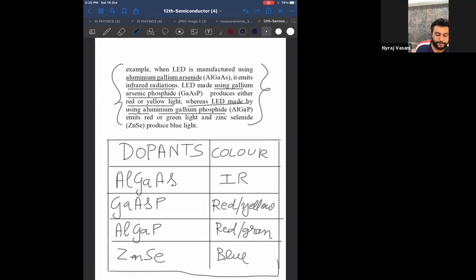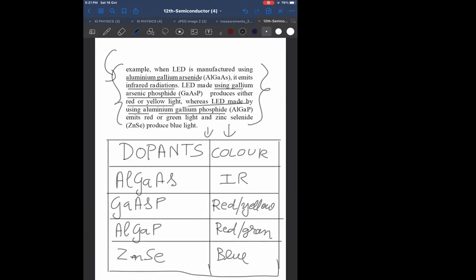A very, very important question is where they just give you the dopant and ask for the color, or they give the color, for example yellow, and ask which dopant combination you will have to use, with all 4 options. You have to select. In fact, last year in MHT CET, they asked, if I want blue color, what is the dopant I have to use? Answer is zinc selenide. Therefore, you can either make a note of the paragraph or of the table. Both are fine. These are the different dopants giving different colors. Make a note, start.